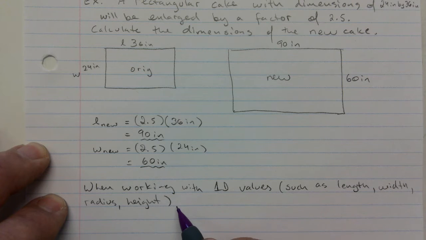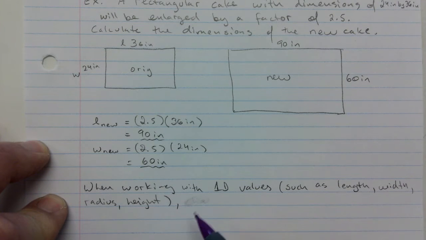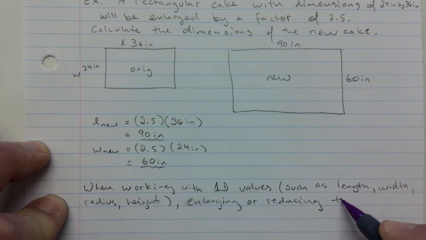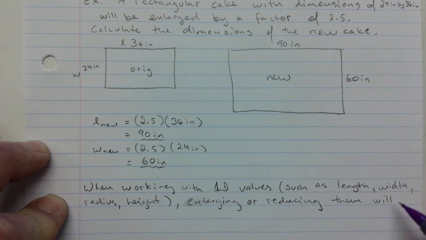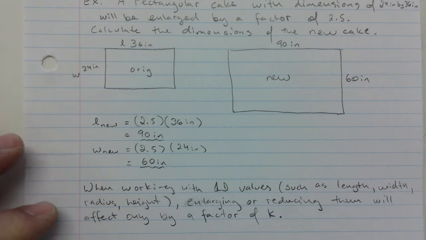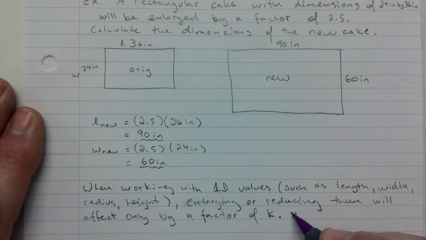When working with one-dimensional values, enlarging or reducing will affect only the lengths by a factor of K. Okay, so those shapes will only be affected by a factor of K. Right. This changes